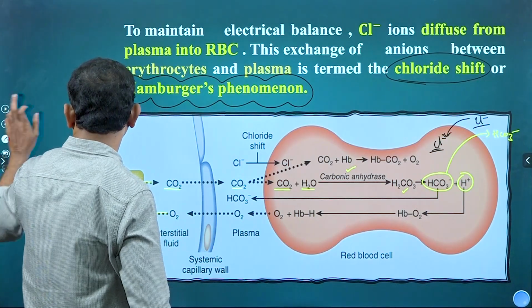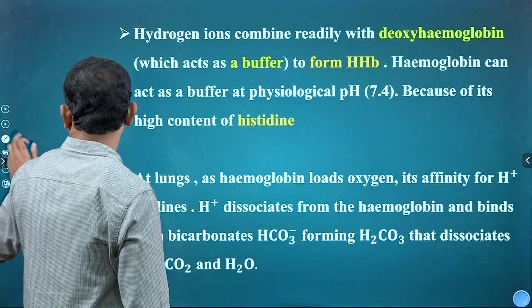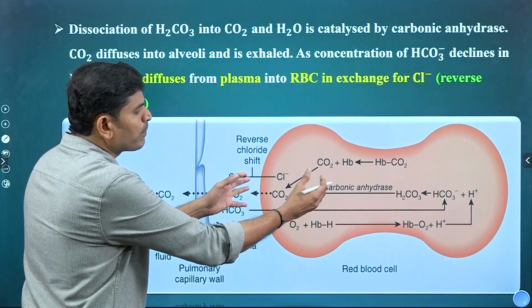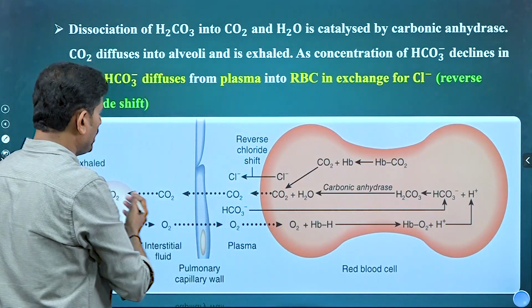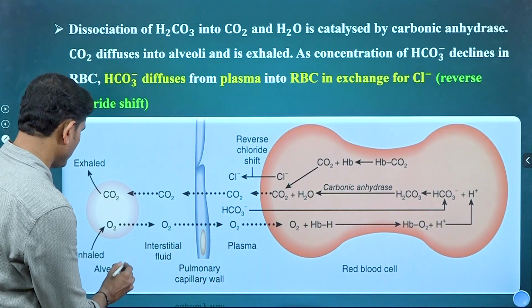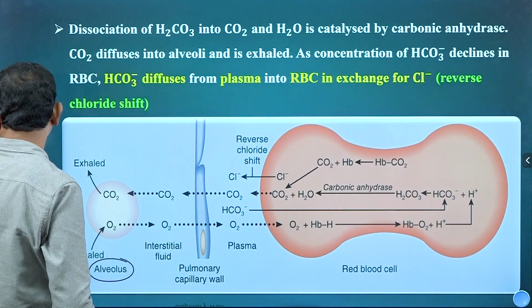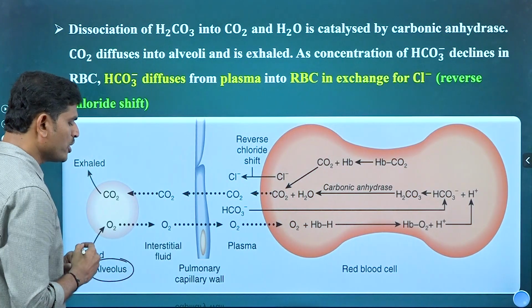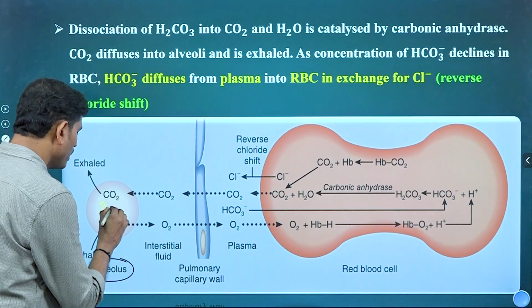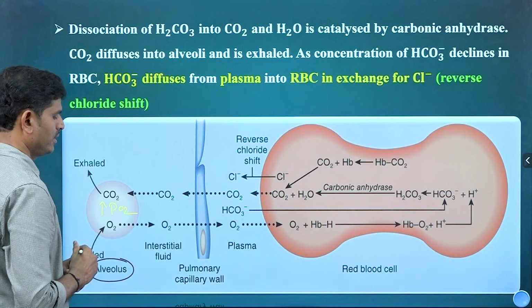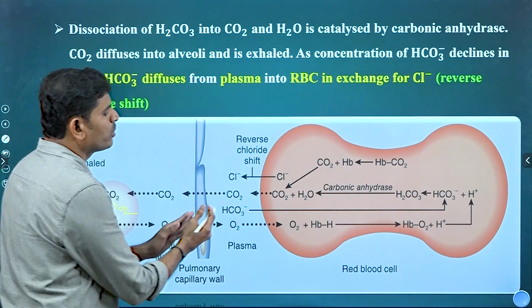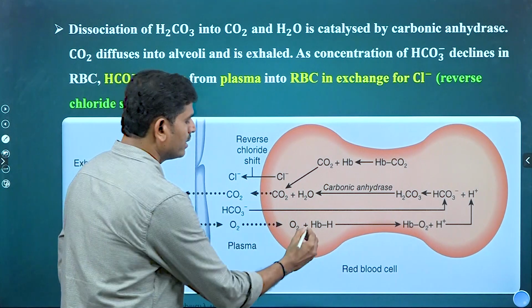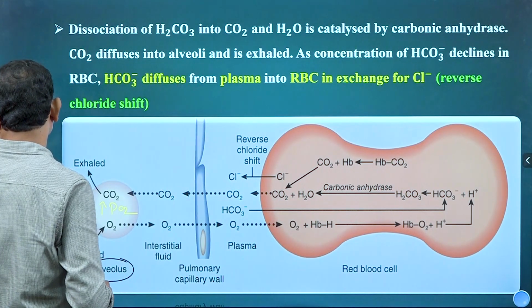Next, in the further slide, this has happened in the tissues. Now in the further slide, the same RBC carries the carbon dioxide towards the alveoli. Here is the alveoli. In the alveoli, the conditions change. Here PO2 is greater. That's why oxygen will diffuse into the RBC, and here previously, if we observed,